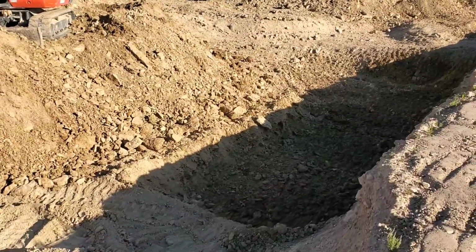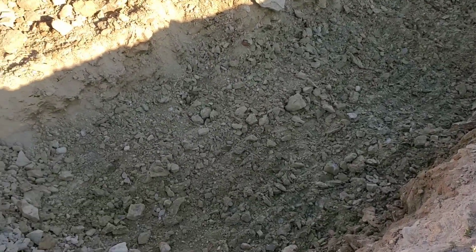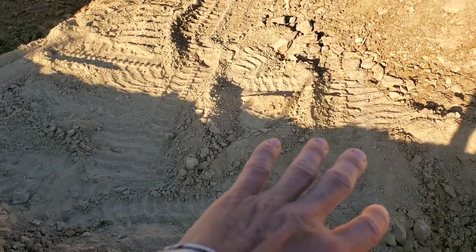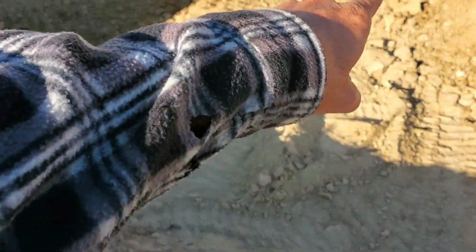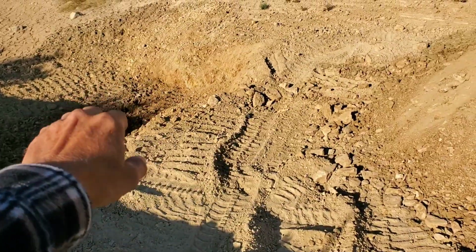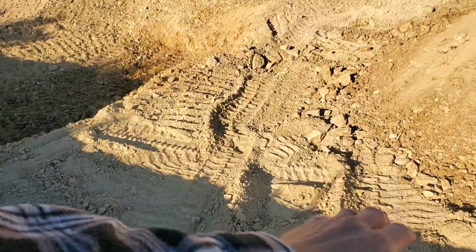So this section right here is almost all rock. I can get through it with the frost ripper. I think that's what I'm going to do. I'm going to just keep pulling this layer back that I'm able to get out with the machine without the frost ripper, and then I'll come back in. I'll make a little ramp right in there to drive down into that section, and then I'll come through here and break all this up with that frost ripper